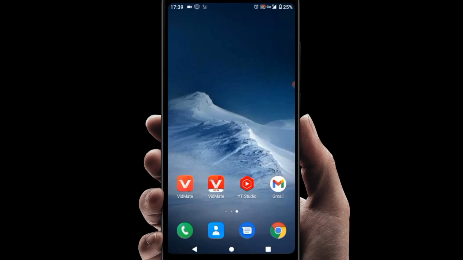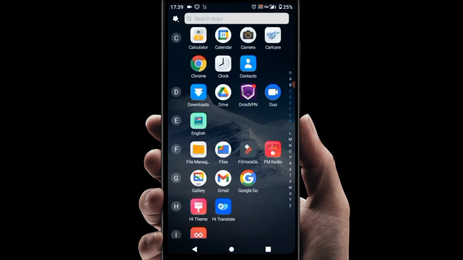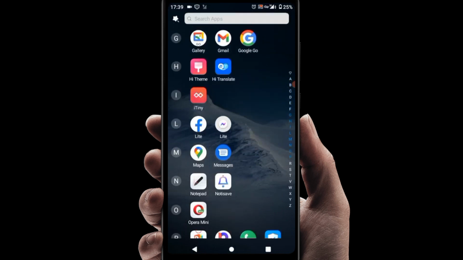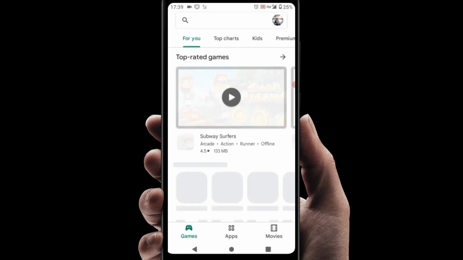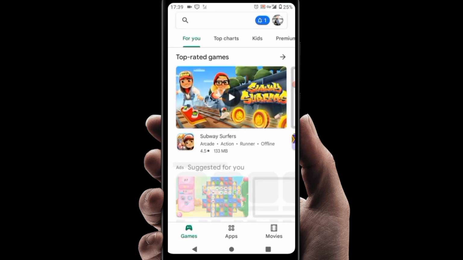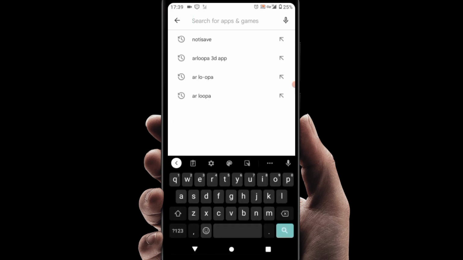In this video I'm going to be showing you how you can make your YouTube channel banner using your Android device for free. All you need is an internet connection, and you open Play Store. When you open Play Store, you search for Pixel Lab